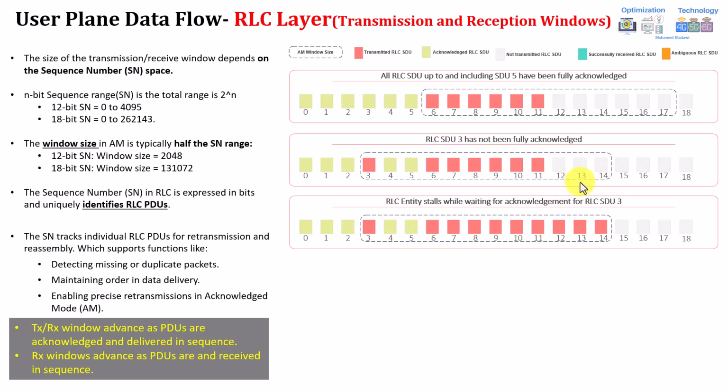But now assume those three are filled, and sequence number 3 is still not received or acknowledged by the receiver. This will cause something called window stalls. This means your data will stop here and you cannot transfer new data, so this can cause a lot of problems. As you understand now, we cannot transfer any new data, so your window stalls. This is actually one of the important things, and that's why you need fast retransmission, to try to recover your data as much as possible.